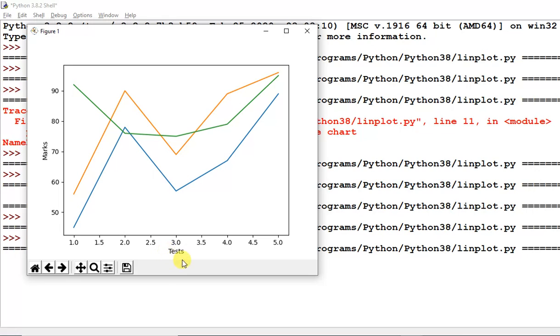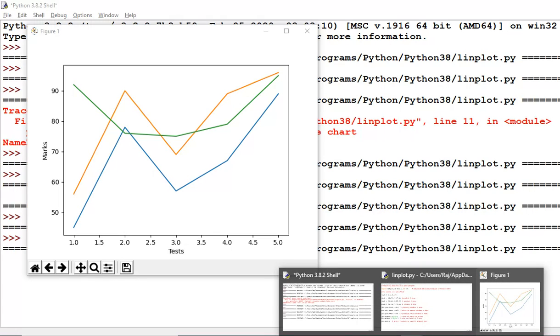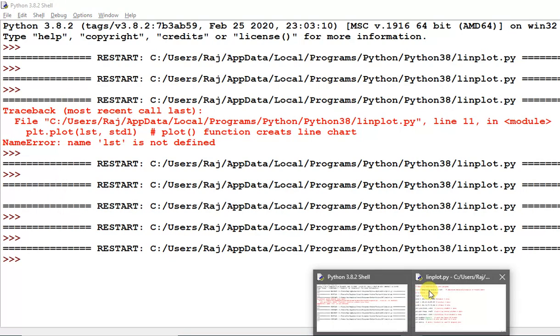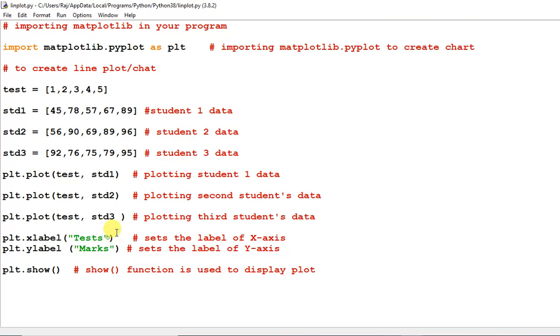Suppose you want to change the size of this test and marks, so we can use one parameter: font size. Suppose you want to set a font size of 16, and I also want font size equal to 16 for the x label.